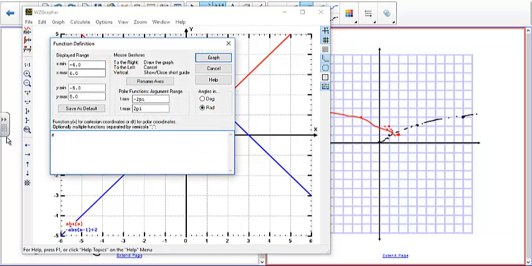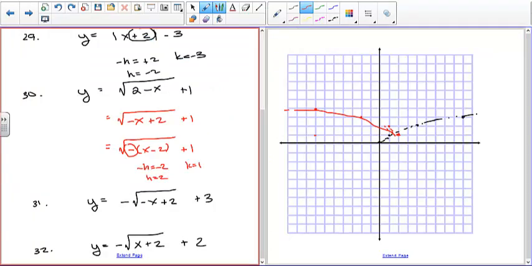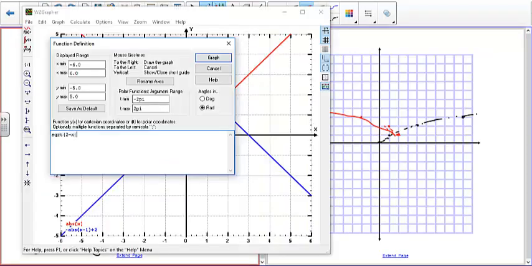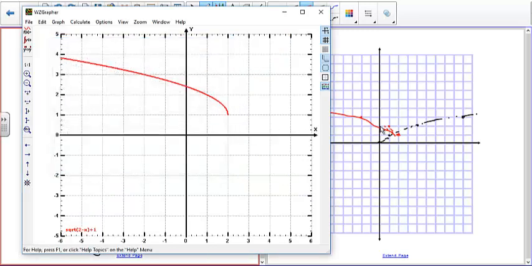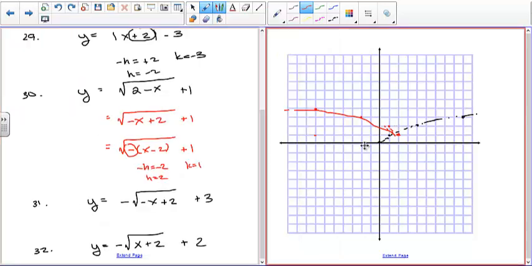Square root of 2 minus x plus 1. Graph that thing out, and there it is. So you can see 2, 1, then you go over 1, up 1, over 4, up 2, over 9, up 3. Square root of 9 is 3, square root of 4 is 2. Okay, so that worked. The next one